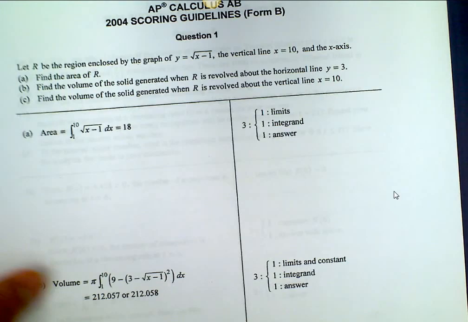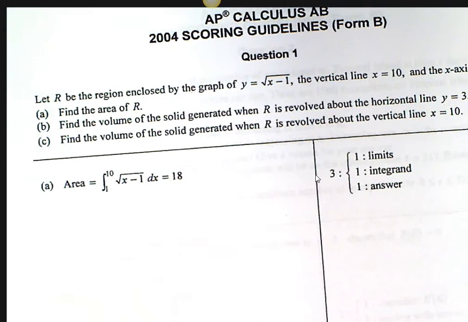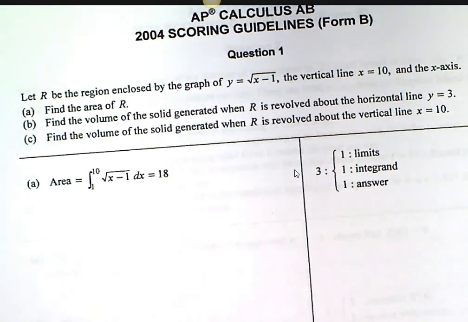All right, so here's number 1. Let's focus on the first section, letter A. Okay? So letter A, just grade letter A. It's worth 3 points. So, guys, you get a point if you wrote from 1 to 10. Those are the limits. If you did not write from 1 to 10 on your lazy S, you don't get that point. 1 to 10?